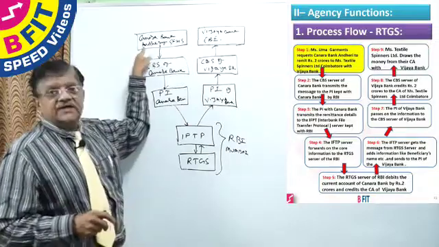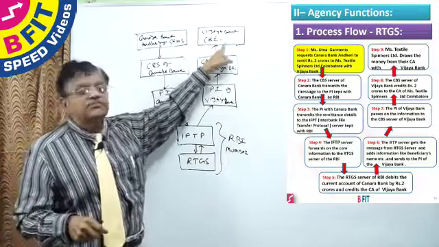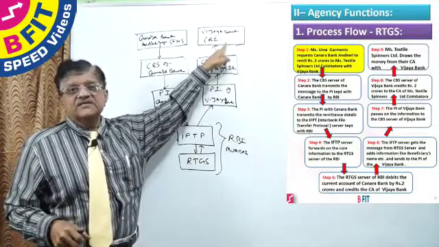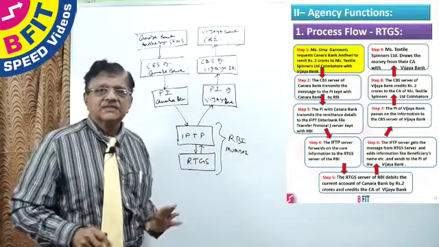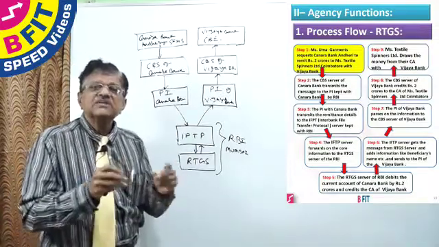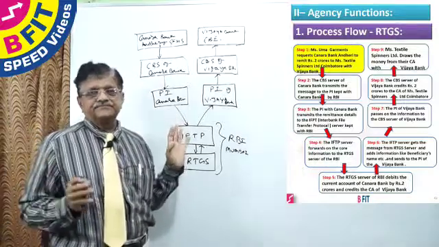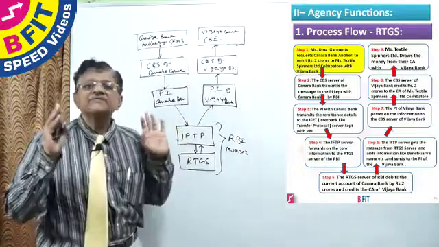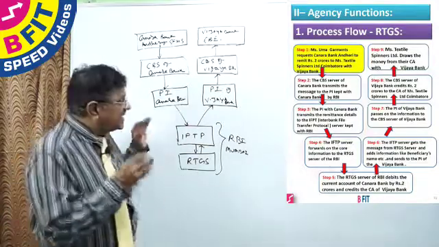From the point the structured financial messaging system send button is pressed to the point where the money is actually received, it will take not more than 2 to 3 seconds. Maximum is 3 seconds. Within 2 to 3 seconds, 2 crores are transferred. That is why it is called real time. It is gross because it is a settlement by settlement.